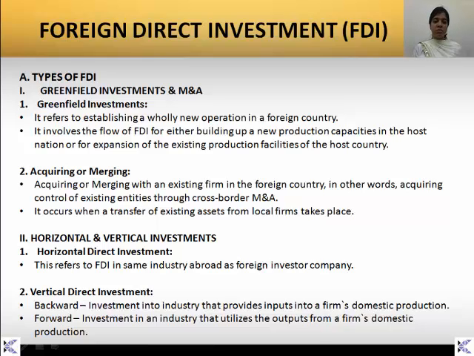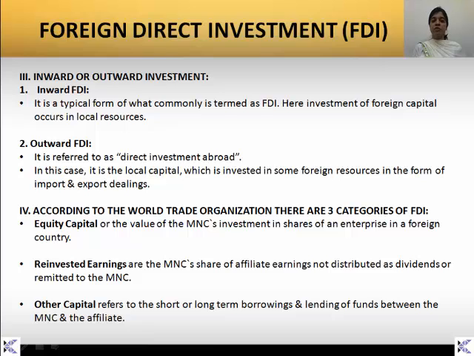Backward investment is basically the investment into the industry that provides inputs for the firm's domestic production, which means your basics, like you can say agriculture, mining, etc. Forward investment is basically an investment in an industry that utilizes the output from the firm's domestic production. So it could be sales and distribution, it could be logistics, etc. The third type of FDI is